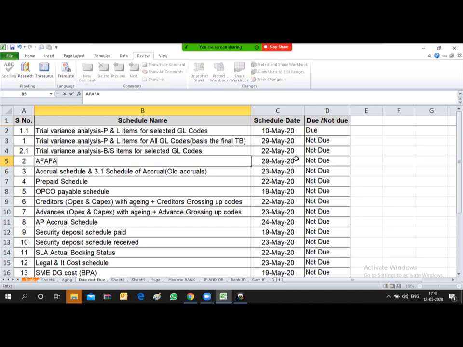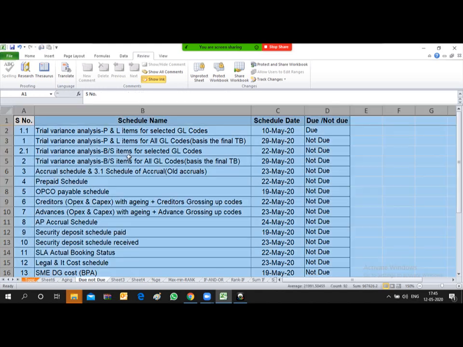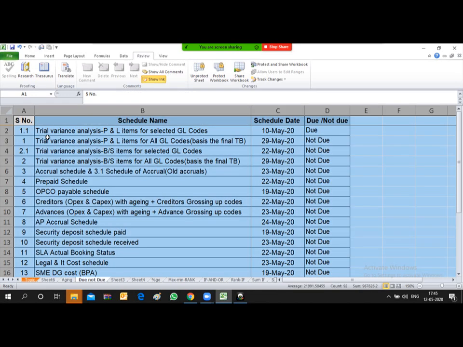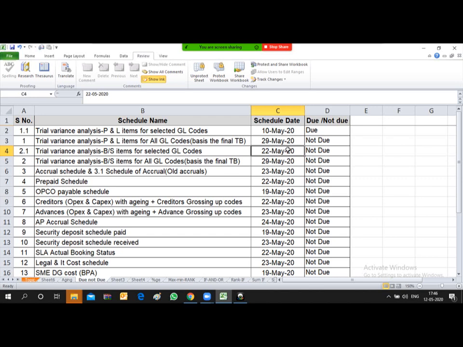Just a minute, friend. Let me check whether all the cells are locked or not, because earlier these cells were unlocked. Okay, let me just unprotect it first.